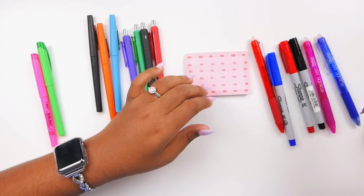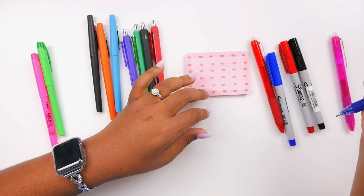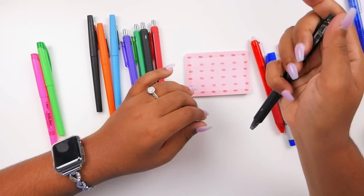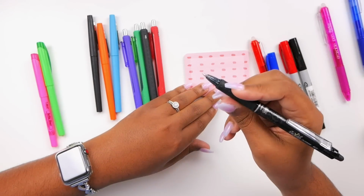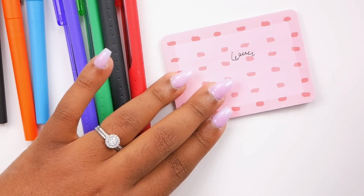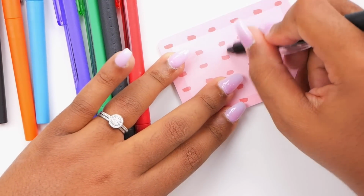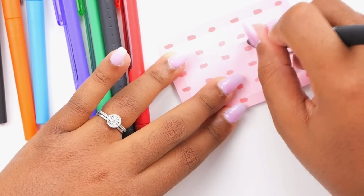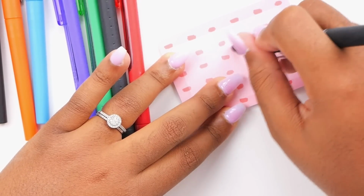Oh well, I haven't used that one before. I haven't used any of these. Okay, let me grab this Pilot one. You can write whatever you want, and then you can immediately go ahead and erase it. It's going to erase using the friction, and it might erase